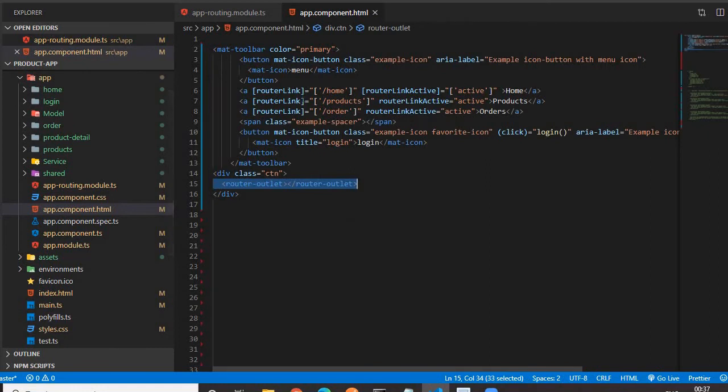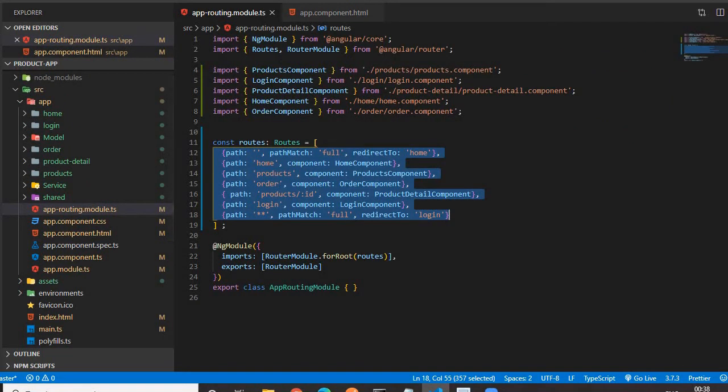In the navigation bar, we have the home anchor tag, product anchor tag, and order anchor tag, and I created these anchor tags in my day 2 tutorial. The only change I have made is that with each anchor tag I have bound the router link property within square brackets. For the home anchor tag we have configured the home path, and this corresponds to the path we declared in the app routing module.